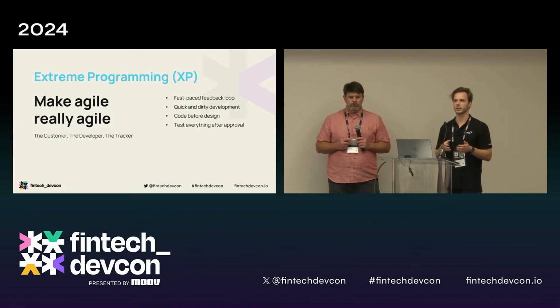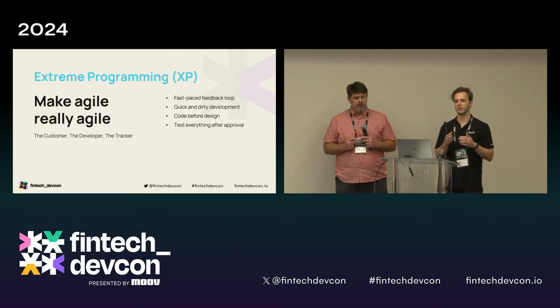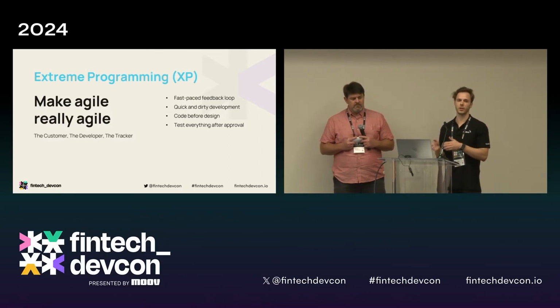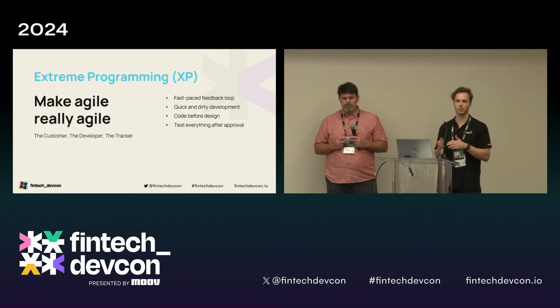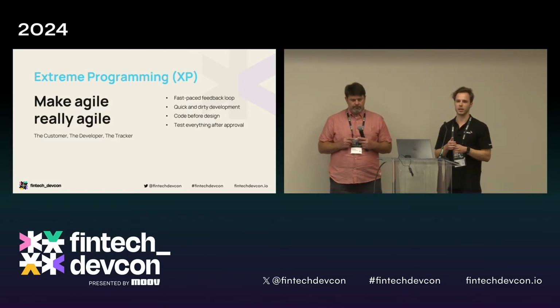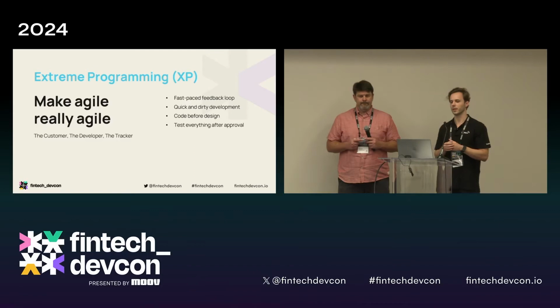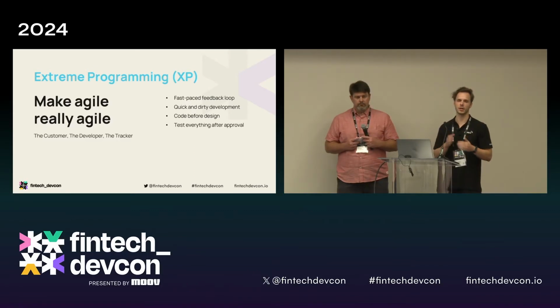The customer is a stakeholder that has all the business knowledge and all the subject matter expertise in how the product should feel and what it should do. Then we have the team of developers that are responsible for obviously the coding. And then there is a tracker, a single person from the development team. That person acts as a sort of technical product owner, but has to be very proficient in coding and also understand the business logic behind the whole process. That person will advocate on behalf of the customer and the developer between each other, and make sure that